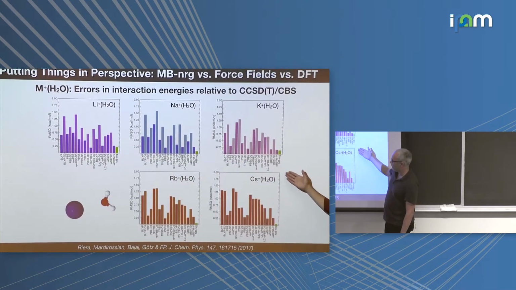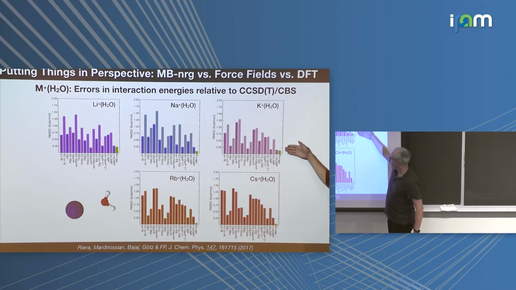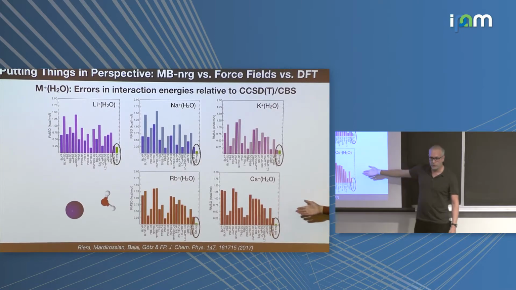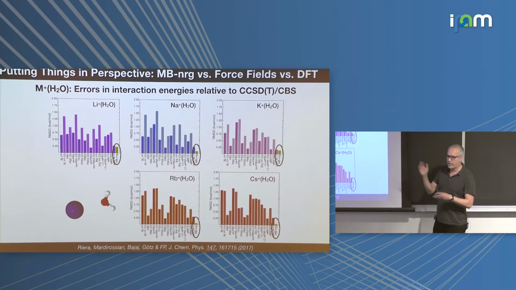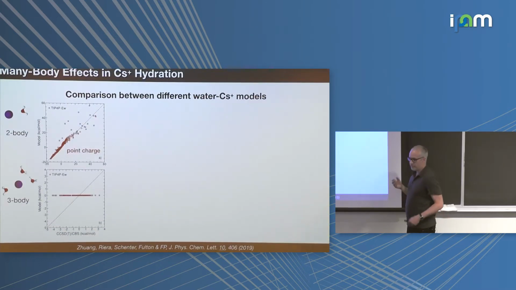I can do the same for the alkali metals. These are errors with different functionals, but again, our many-body models have error close to coupled cluster. And so now again, I have a function that works very nicely, is effective, is efficient, and now I can try to learn something. And so what we did is say, well, let's try to see what happens if I